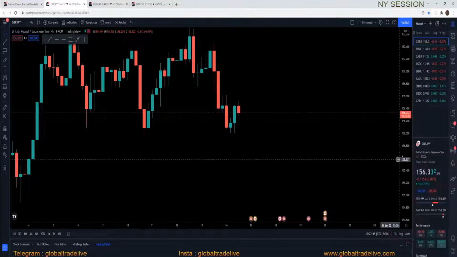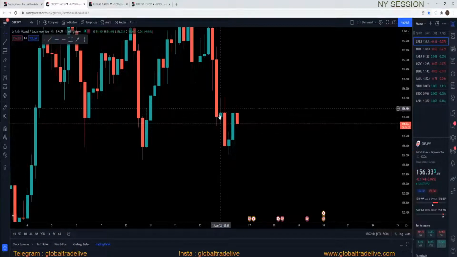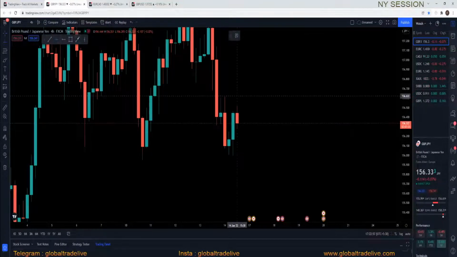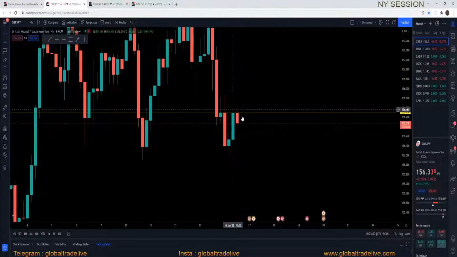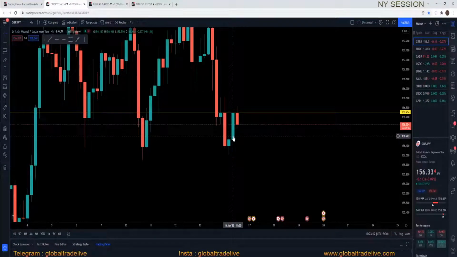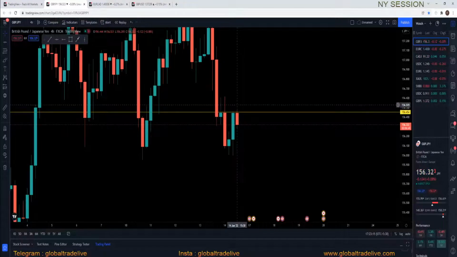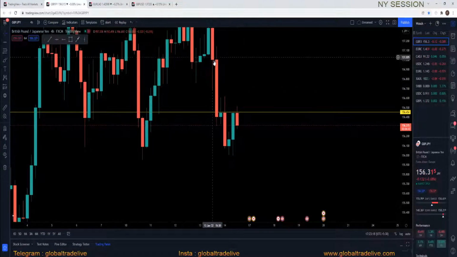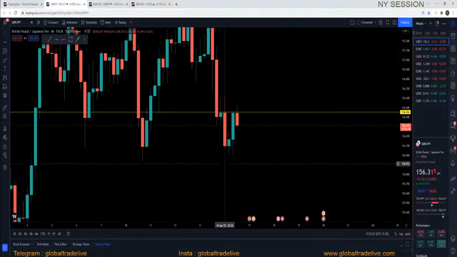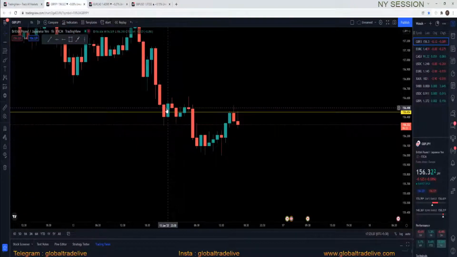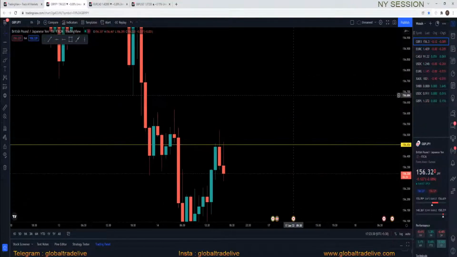So what can be a good setup? So now over here, this was a resistance, and the market went up, and here is the resistance over here, and the current market is rejecting that area, right? So that's also a POI as well, right? So the market can possibly reject this area and move down from here, or can go up to break its own high to continue moving up, because we have this clean range as well. So I cannot take a buy like that, so I need a second support to be formed to take a buy. So I'm gonna wait for that, and I'm gonna switch to the lower time frames to be more sure.